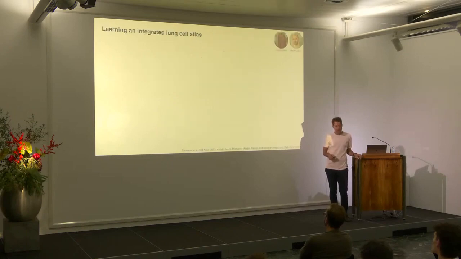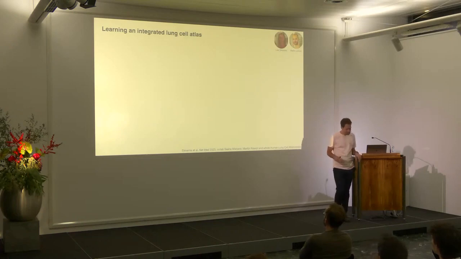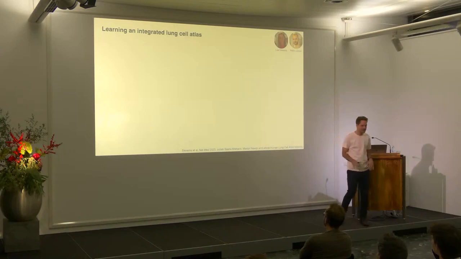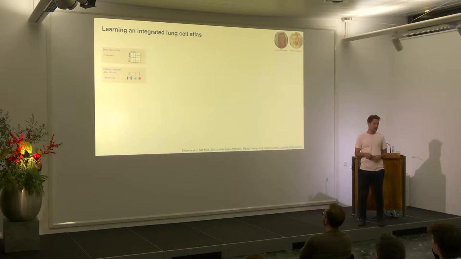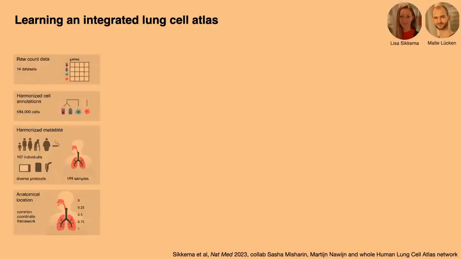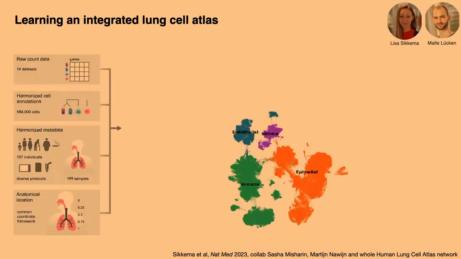So let me show you what we can do now to actually learn such an integrated atlas. Again, I will show this for the lung now, and then Barbara makes it beautiful for the organoids. So I know maybe not so much interest in the lung, even though they're apparently also organoids, but just stay with me. This is work by Lisa and Malte, and we did the same thing. We had 14 different data sets. We first harmonized annotation of 500,000 of these, and then also harmonized metadata at anatomical location, and then just put all of this together, and then we built this map, this